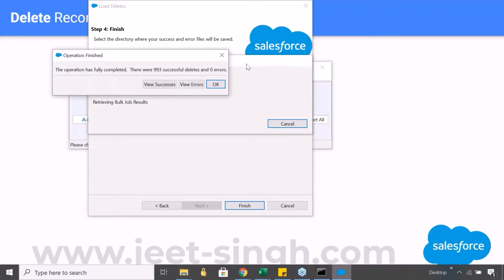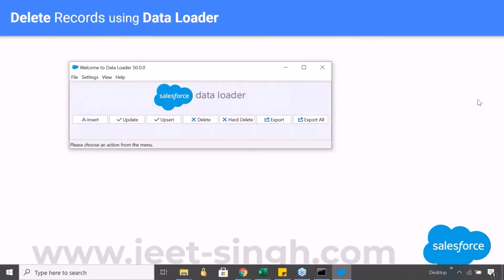So finally, all the records got successfully deleted. There were 0 errors. No errors. All the records were successfully deleted. All right. So that's fine. Now let me go to the recycle bin and see if the records actually got into the recycle bin. All right. So let's go to the recycle bin.